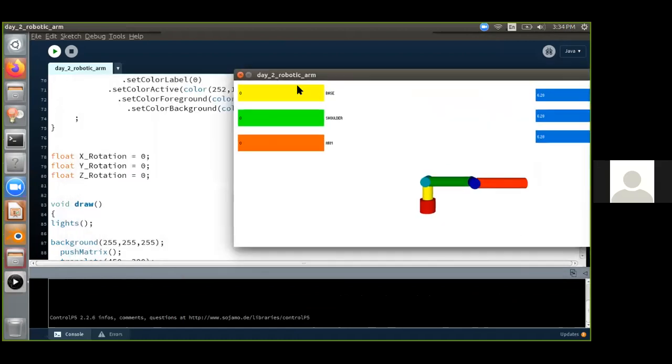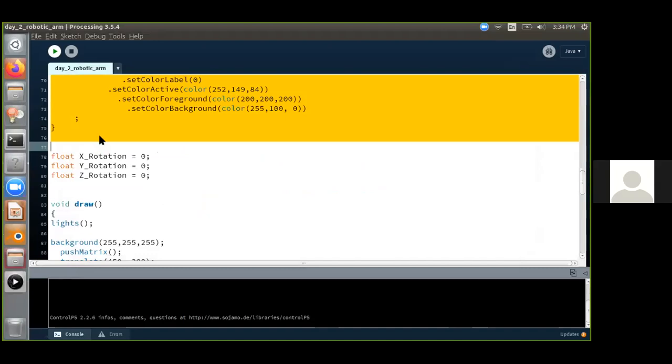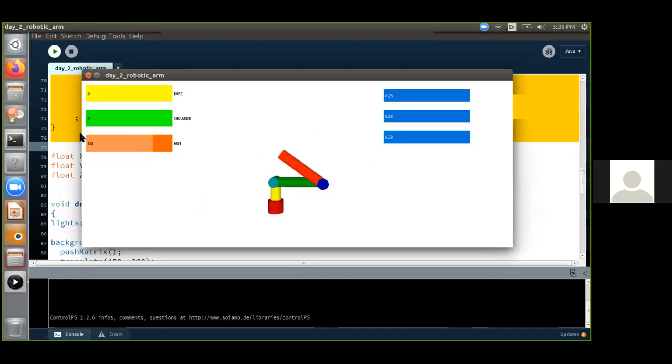Once you move this, the CAD model rotates. The robot is not rotating, but the entire CAD model of the robot rotates. But if you rotate this, the joint of the robot rotates. The shoulder and the arm of it rotate.